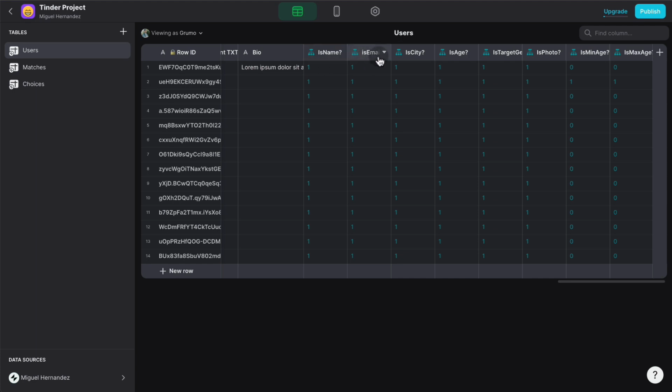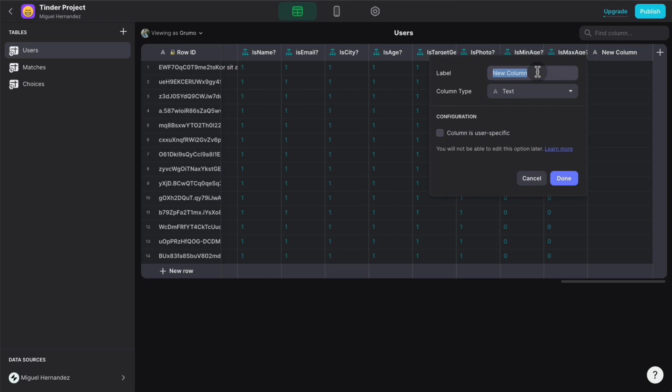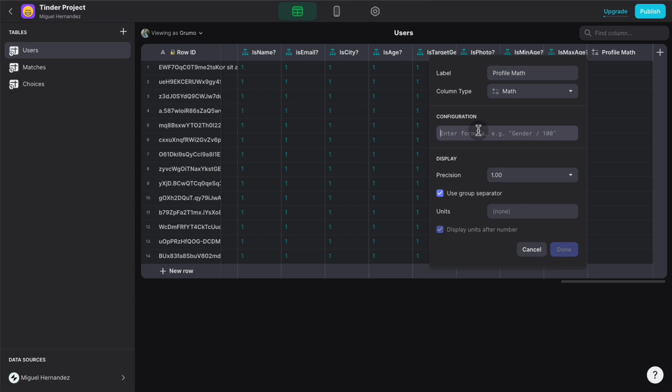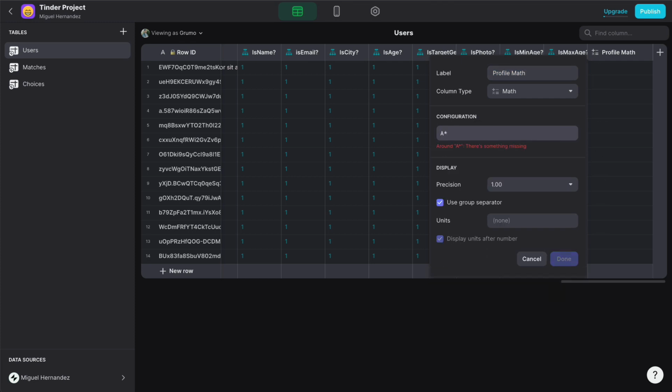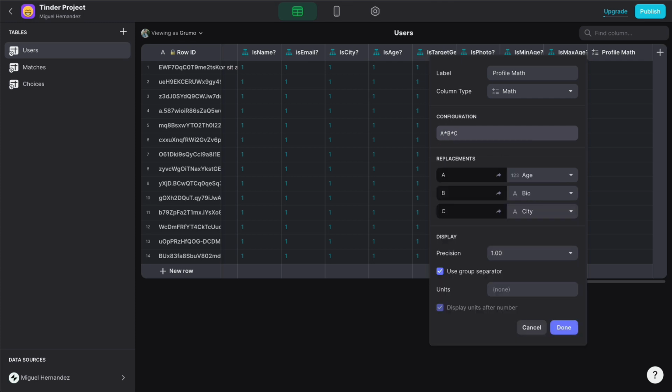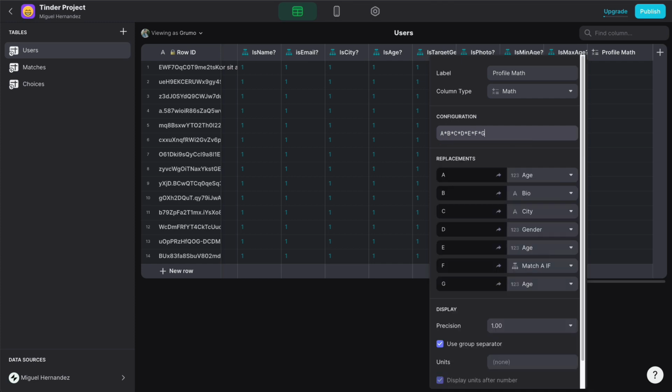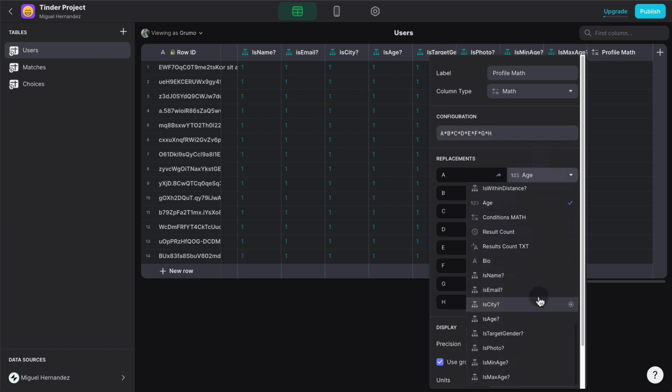We have 1, 2, 3, 4, 5, 6, 7, 8. So we're going to create a math column, which is going to basically be profile. I'm going to call it profile math. And it's going to be a math column. And I'm going to do A times B, and so on. So there has to be 8, right? So C, D, E, F, G, H. Now we have 8, and we're going to go to all of the